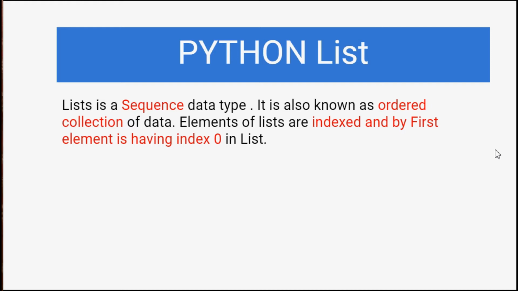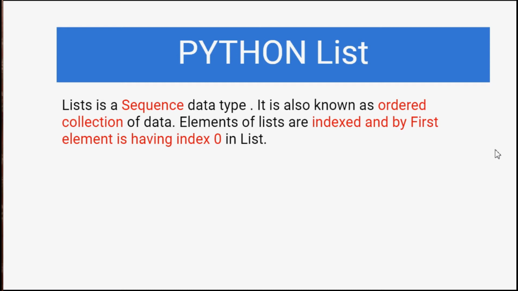Whereas in case of a list, we follow one particular pattern that is known as index, and we are going to maintain that index. That is the default property of a list. If you have done any other programming language, you must be aware of arrays. Lists work like arrays, but in arrays we can have only homogeneous data items, whereas in a list we can have heterogeneous data items.